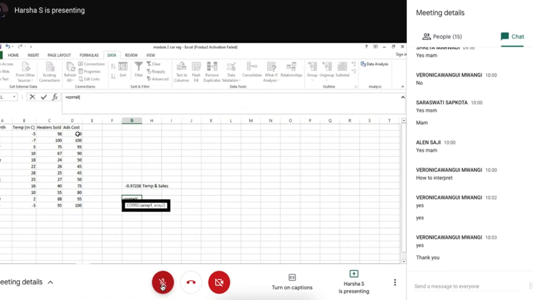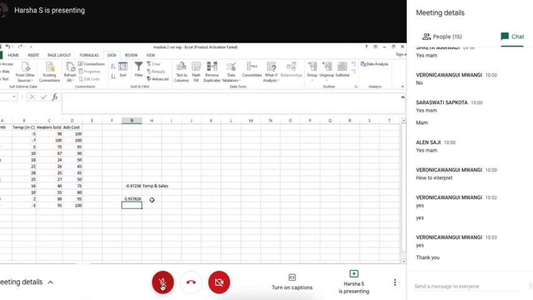Your cost is independent, and your sales depend on how much cost you are incurring, how much expenses you are making to increase your sales. So in the second case, my advertisement cost is the independent array, that is array 1, and my dependent variable is heater sold, because higher the advertisement cost, higher would be the sales.